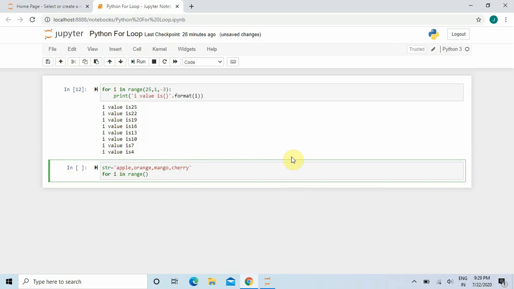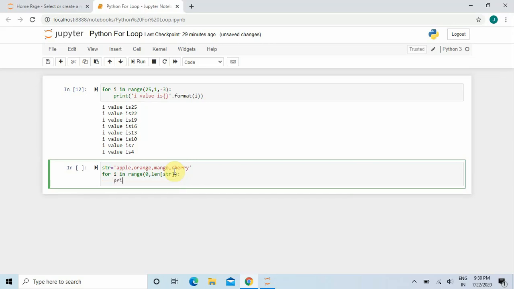Since I want to display from A only, I have to start it from 0, so I will write here 0 comma len of str. Now this len of str actually helps us to print the value starting from the 0th index of the string up to the length minus 1 index of the string. So let me write the full code first.